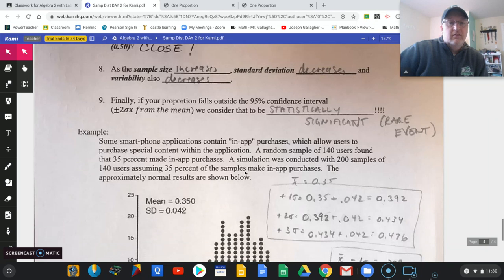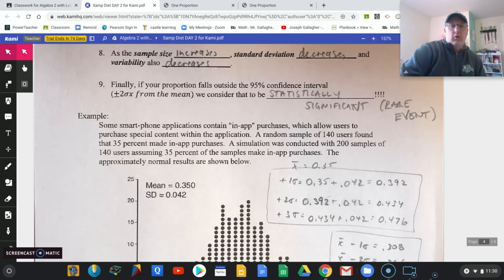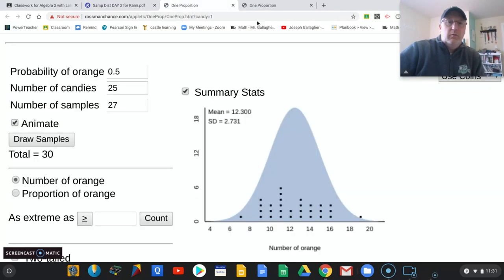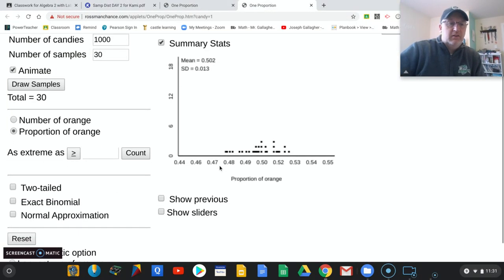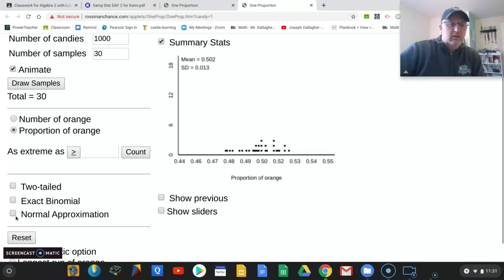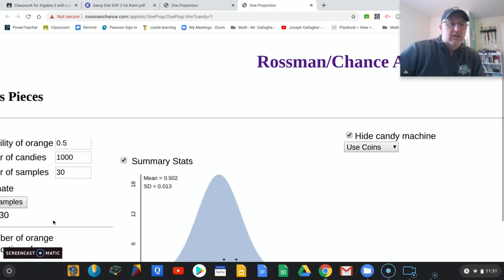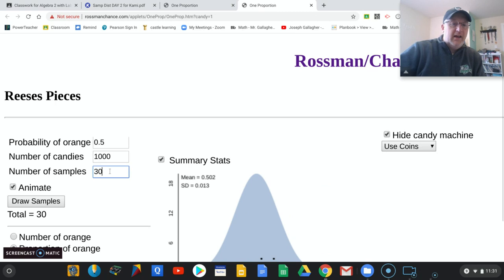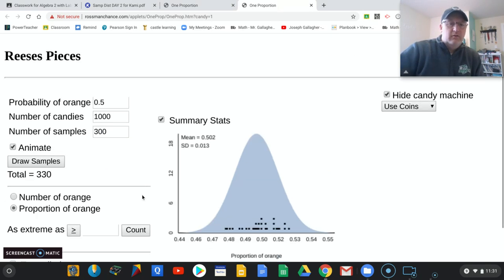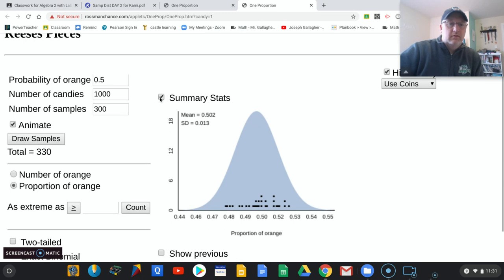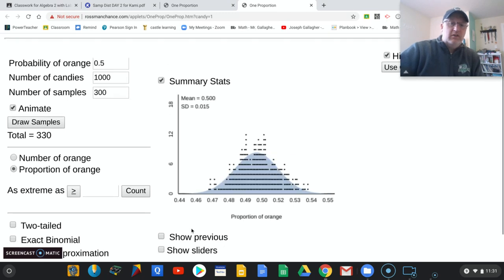So finally, what we want to do is say, if your proportion falls outside the 95% confidence interval, remember the 95% confidence interval talks about 2 standard deviations from the mean. You can even notice with our pictures up here, when we do that, let me see if I put my normal approximation on there. Let me do more than the 30 people in class. Let's do 300 of these. We'll draw the sample. And you can see how it starts to look more